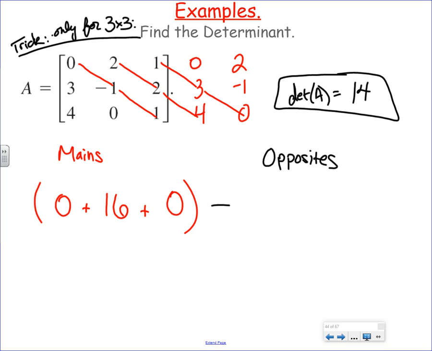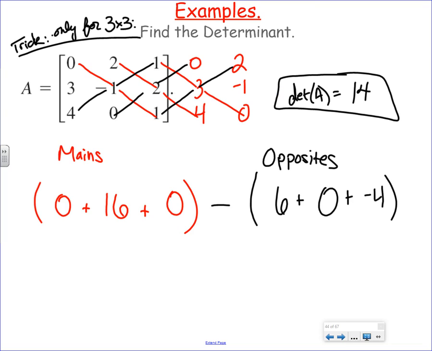And the opposites would go back. There's 1, there's 2, and there's 3. And you might say, but the 3 got left out. Oh, he definitely didn't get left out. He's just being used somewhere else. And so for the opposites, we would go ahead and say, all right, what's 2 times 3 times 1? What's 0 times 2 times 0? And what's 1 times negative 1 times 4? When we put all of that together, we'd end up with 16 minus 2, which is